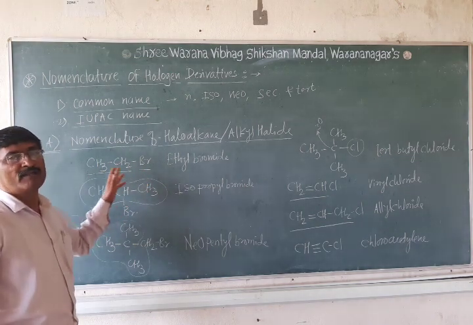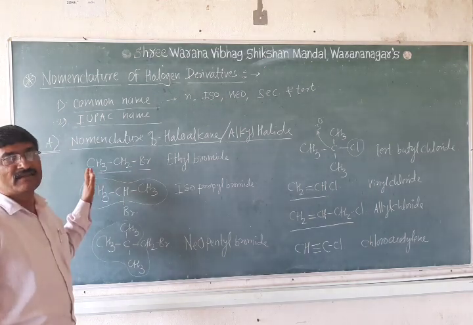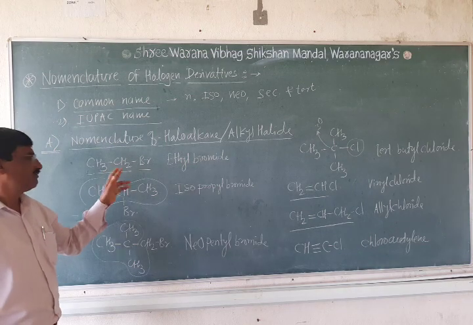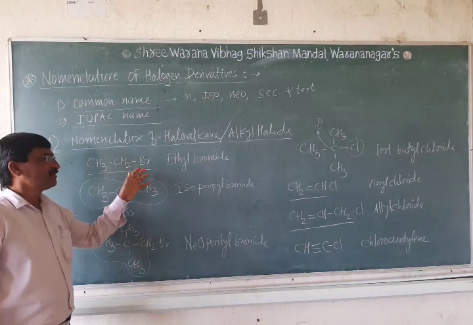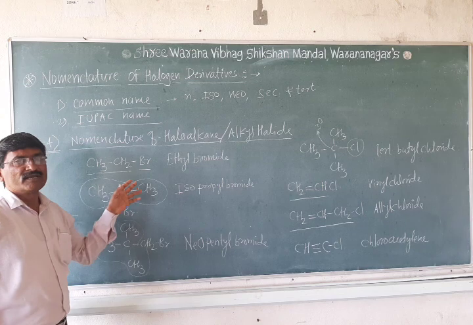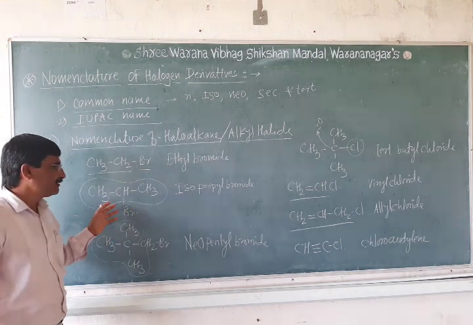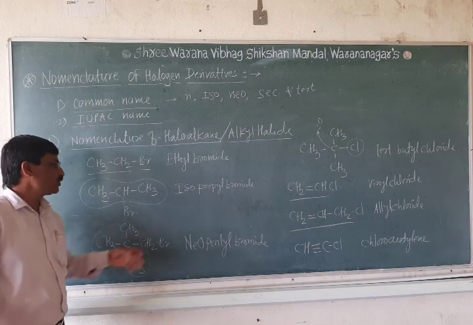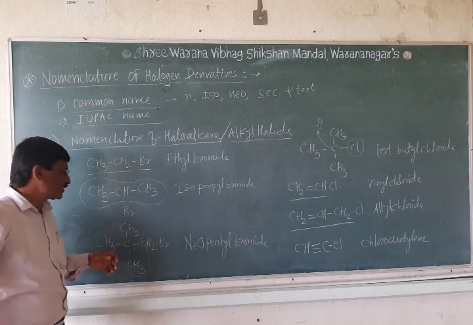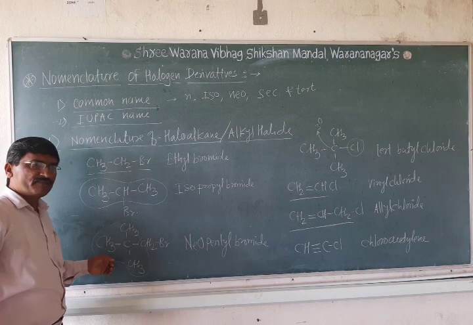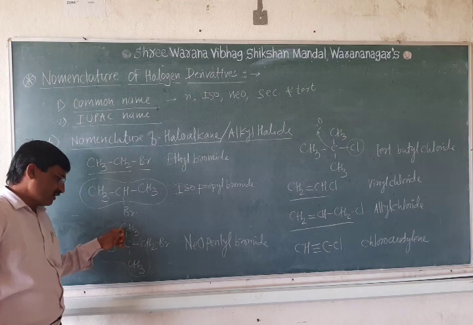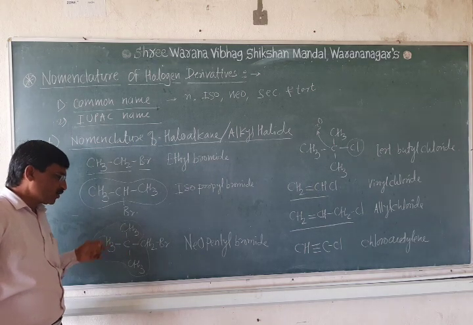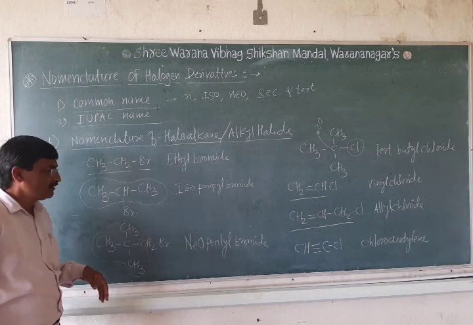bromopropane, bromopentane, bromohexane like that. If the carbon number is more than 3, that time it is an n-bromo. That means n-propyl, n-butyl, n-pentyl, like that. If the branching takes place at the carbon number 2, that time it is iso. Why is it so? Because this group is nothing but the iso group. If the branching takes place at carbon 2 in upward as well as downward direction, that means the 2 carbon, that time that particular group is nothing but the neo one.